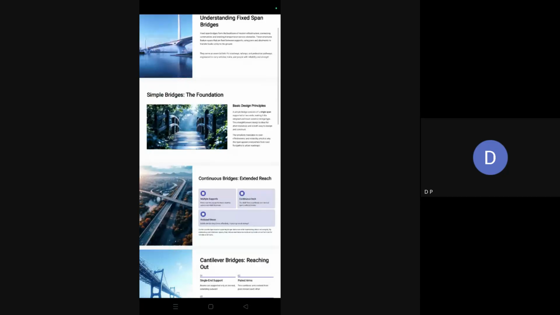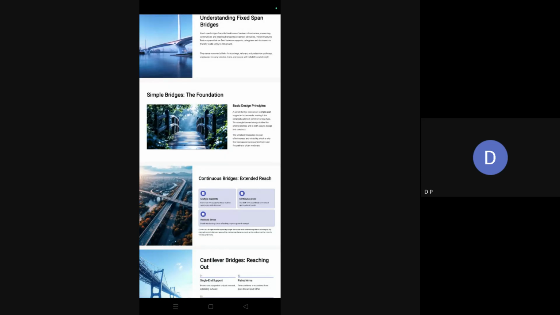Simple bridge, like the foundation. Basic design principles. A simple bridge consists of a single span supported at two ends, making it the simplest and most common bridge type. The straightforward design is ideal for shorter distances and is easy to design and construct. The simplicity translates to cost effectiveness and reliability, which is why this type appears everywhere from rural footpaths